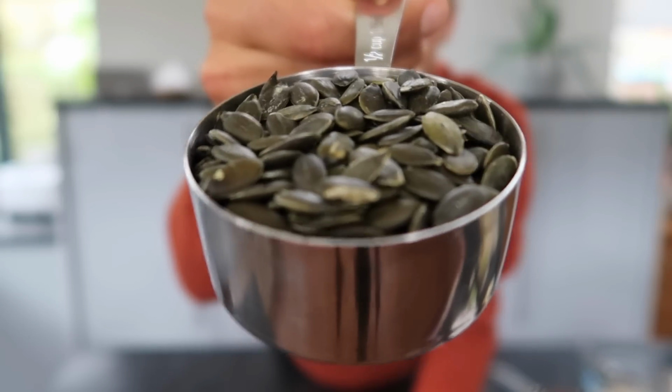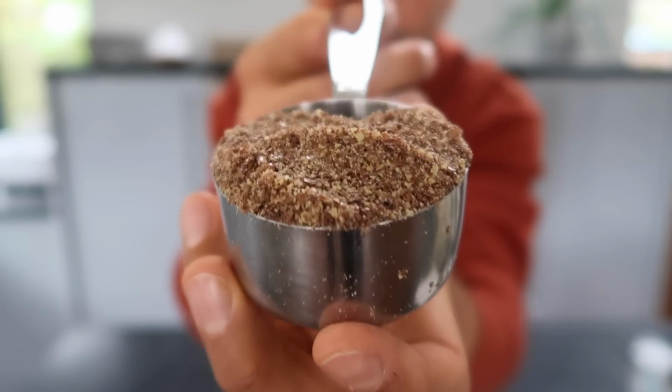My seed of choice for this, usually I would always use hemp seeds, and I'm gonna add hemp seeds at the end. Only reason I'm not gonna put the hemp seeds in the mix and then bake it in the oven is because they have some very delicate omega-3s in them, and as soon as you heat them, they just get damaged. Same with the flax, which I'm gonna put in as well, but that's more for the texture. So the seeds that I'm actually gonna toast with the granola are pumpkin seeds. You can of course also use sunflower seeds. Same as the hemp, flax gets damaged at high temperature, but it's only a small amount, and it's more to